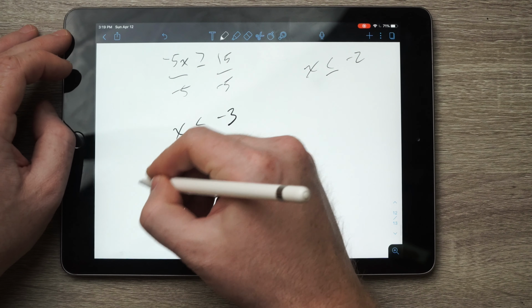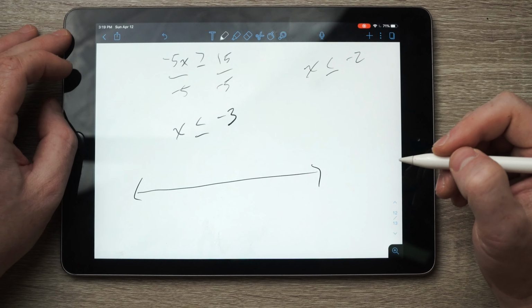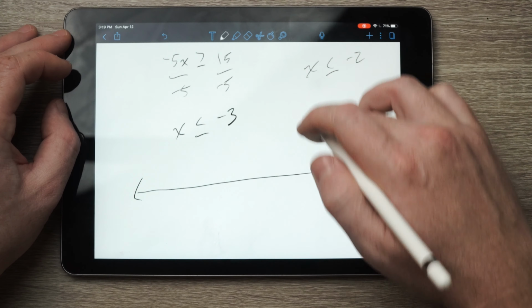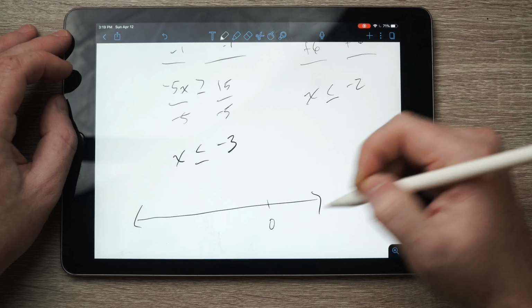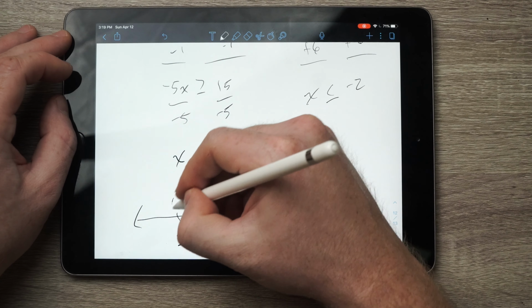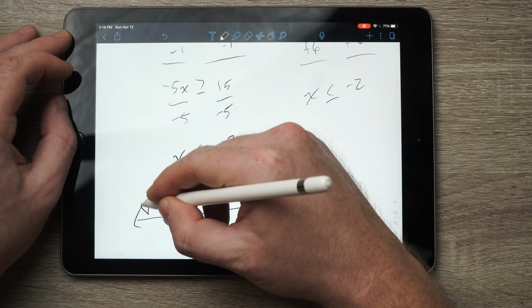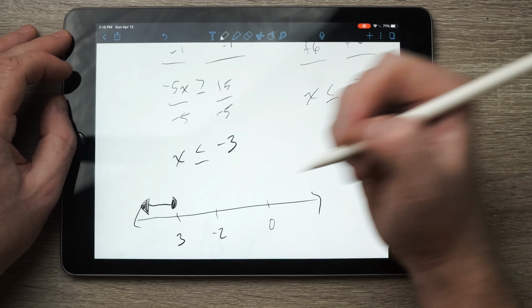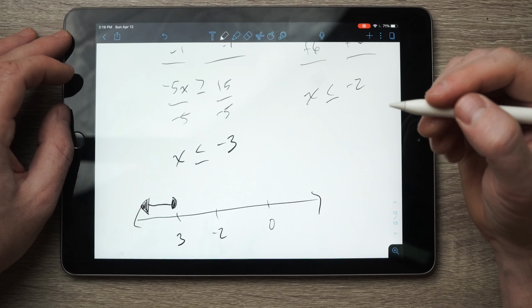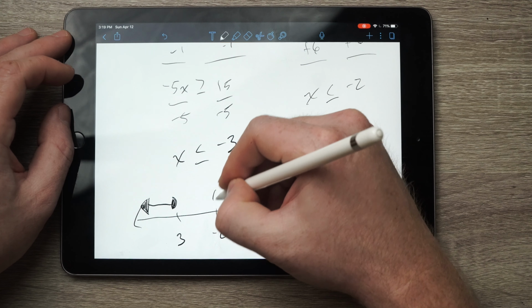So then we want to graph the solution. So we want to be less than or equal to -3, or less than or equal to -2. 0 over here on this side, we can have -2, we can have -3, less than -3, it's that way, close in that circle, and then the less than or equal to -2,